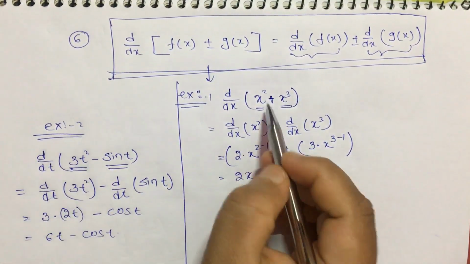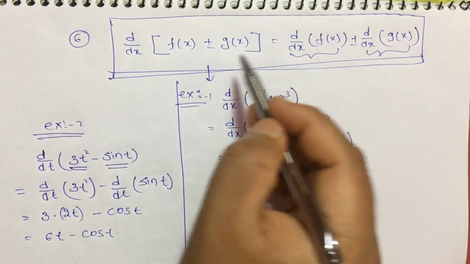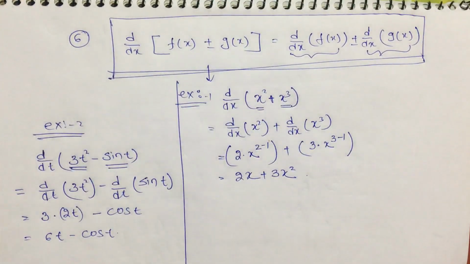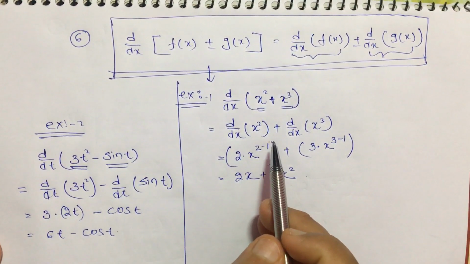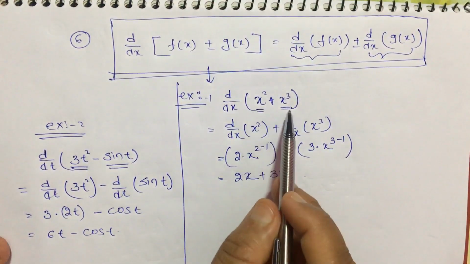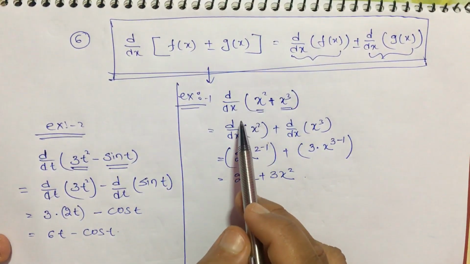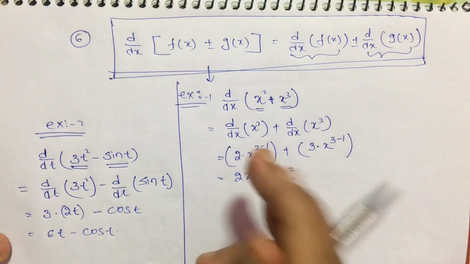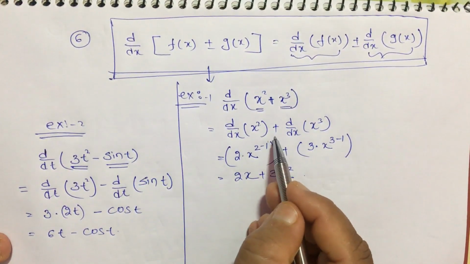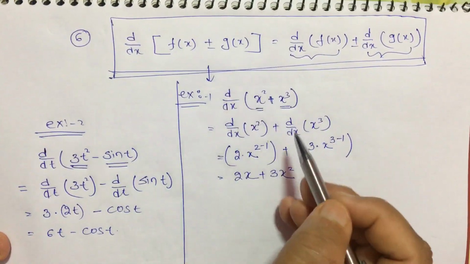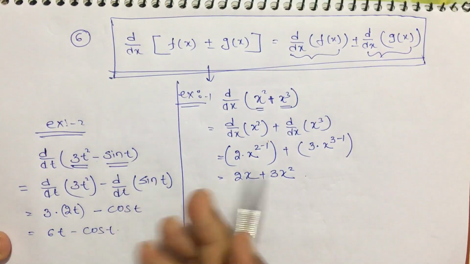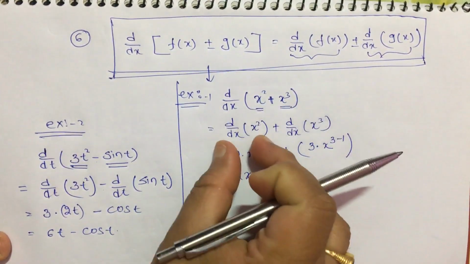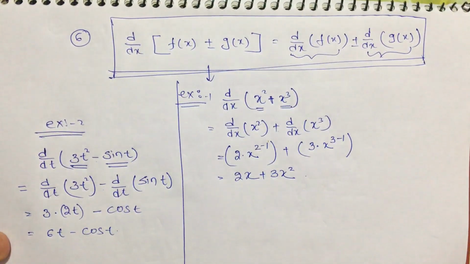So, if it is plus, you have to do plus here, if it is minus, you have to do minus here. You do not have to mug up this formula. You have to just remember that if there are two terms or two functions of x given and you have to do the derivative with respect to x, then you can do the derivative separately and then add or subtract, whatever it may be. If it is addition, you do addition, if it is subtraction, you do subtraction. Do the derivative of each term individually and add them. Now, let us come to the next point.